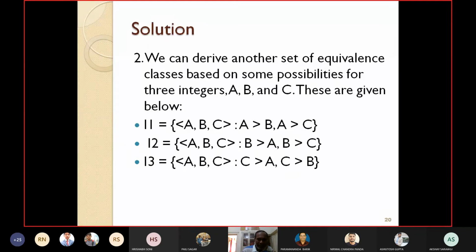Equivalence class 1: A is greater than B and A is greater than C. That means A is the largest value. Second case: B is greater than A and B is greater than C. That means B is the largest value. Third equivalence class: choose the values of A, B, C such that C is greater than A and C is greater than B. That means C is the largest number.